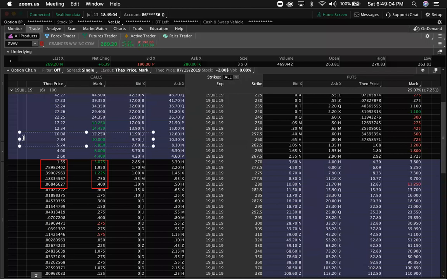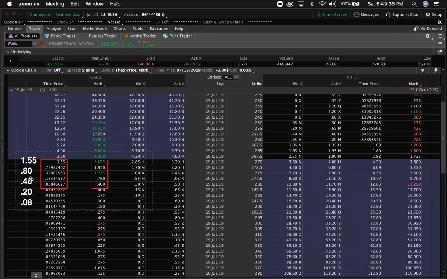So we have 155. Let me change the color so you can see it. Make it bold and change the color. Perfect. We have 155. I'm going to round them: 0.80, 0.40, and 0.20. And the 280s are going to be worth 5 cents. We're going to round that to 7 cents, or 0.08, right? All right, these numbers are reflecting